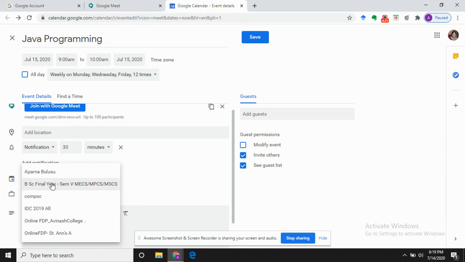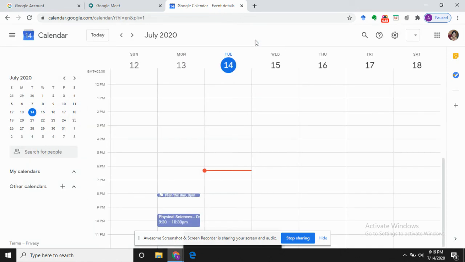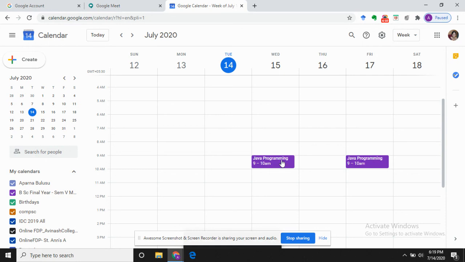So, you will only see a list if you have been using this Gmail ID already to run a few Google Classrooms. Now I'm going to select one particular classroom and say this is my Java class meeting link, and click on save. So you can either directly share the link that we just saw, or you can also share the link directly to a classroom.